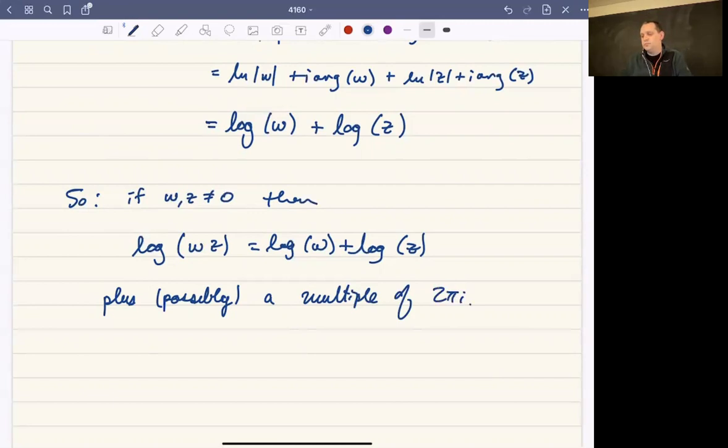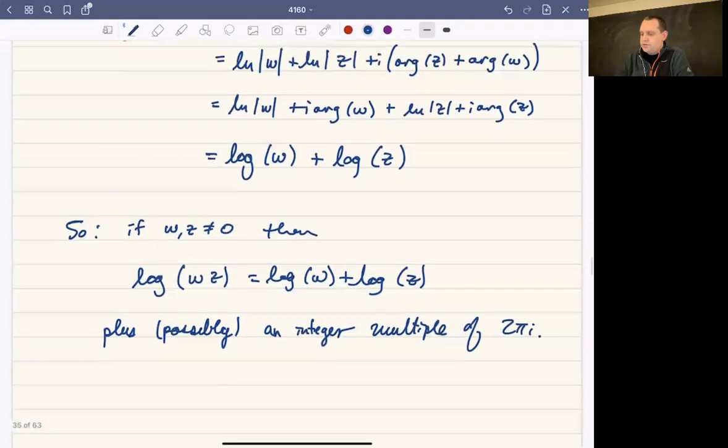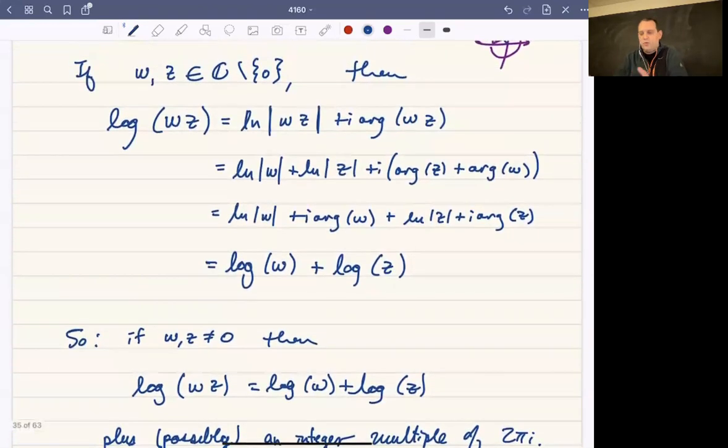Okay, and so this is the complex logarithm. So that rule also works